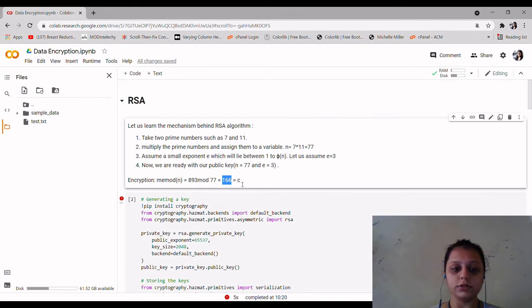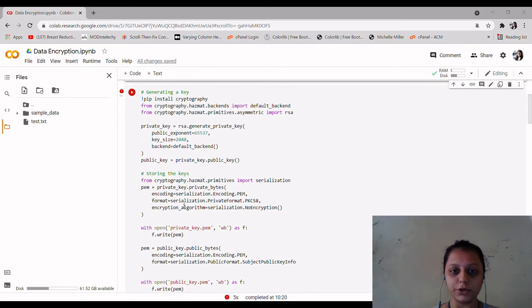So let's go through the code. I use the cryptography module to perform the RSA encryption algorithm. To generate the two keys, we can call the RSA.generate_private_key function with some general parameters like public exponent and key size.